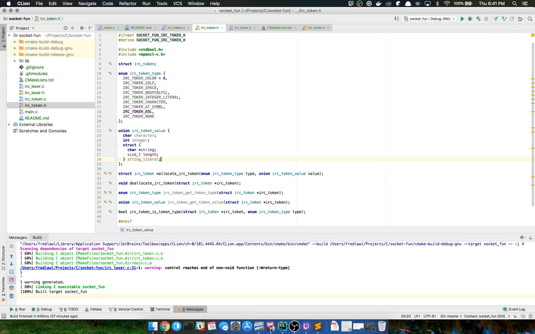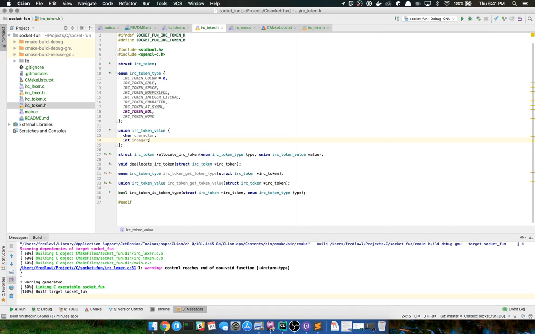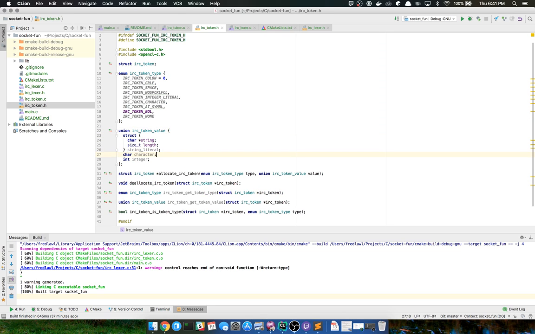The problem here though is that now this whole token is the size of the struct, because it's the biggest element in here. But I am passing this around. What I might do here is try to align the memory a little bit better. So we'll put the bigger thing up first, smaller thing next, and the smallest thing last. That might reduce the memory overhead on this when I try to do a copy.